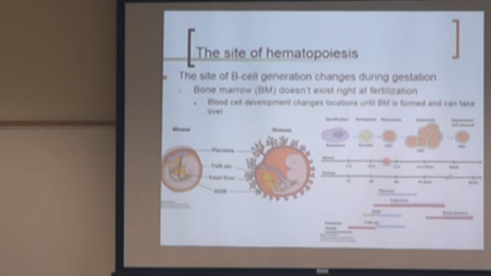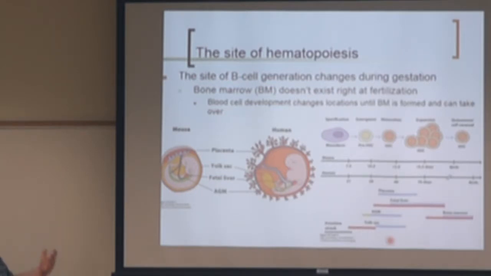So for example, on day 11, you would have B cells being developed in the placenta, in the fetal liver, with hematopoiesis occurring. They're not only making B cells, but they're making red blood cells. Again, because the environment's a little different, they're actually making red blood cells that are